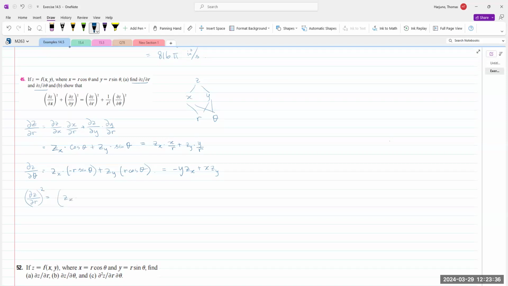c sub x x over r plus c sub y y over r, being squared. That is x squared c sub x squared over r squared plus 2 c sub x c sub y xy over r squared plus y squared c sub y squared over r squared. They're all over r squared. So this is equal to x squared